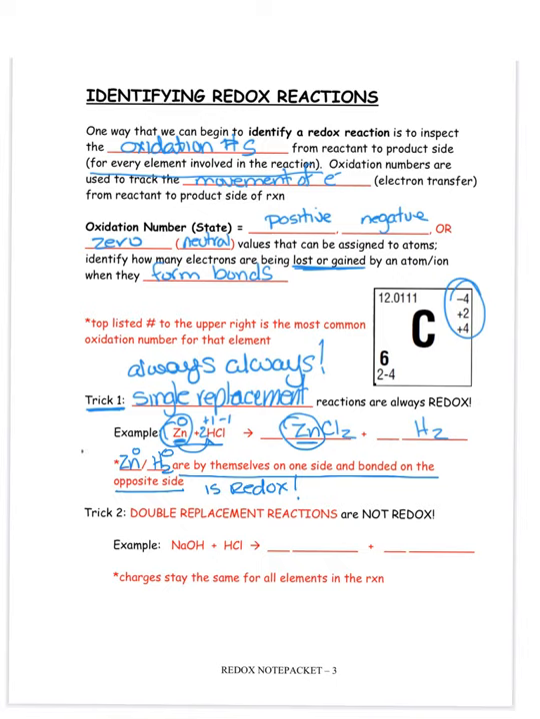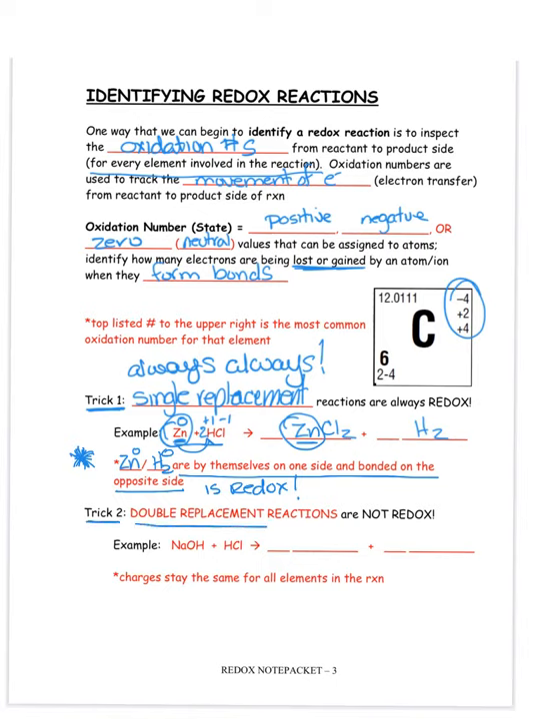Okay, that's probably the best trick there is, because they're going to ask you, even though we're not taking Regents, they would ask you which one is a redox, and that's what you're looking for. It's going to be by itself on one side, not by itself on the other. All right, and trick number